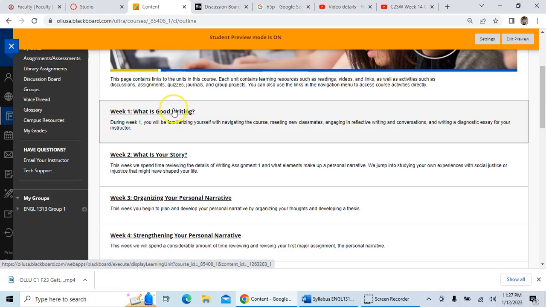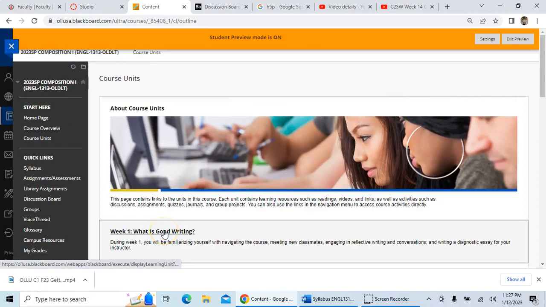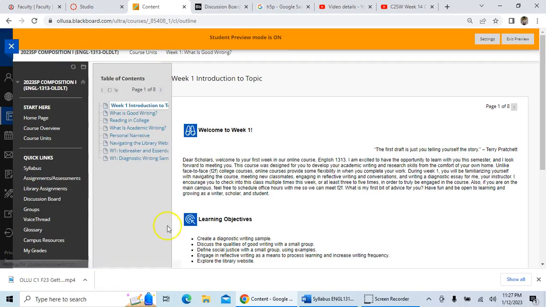Some of the things you'll need to do by Tuesday at midnight. All of the discussions, you'll need to respond to the first part by Tuesday at 11:59 p.m. And then you'll need to do follow-ups for everyone else by Saturday at midnight. So let's go ahead and click on the first unit here and go through what you'll be expected to do